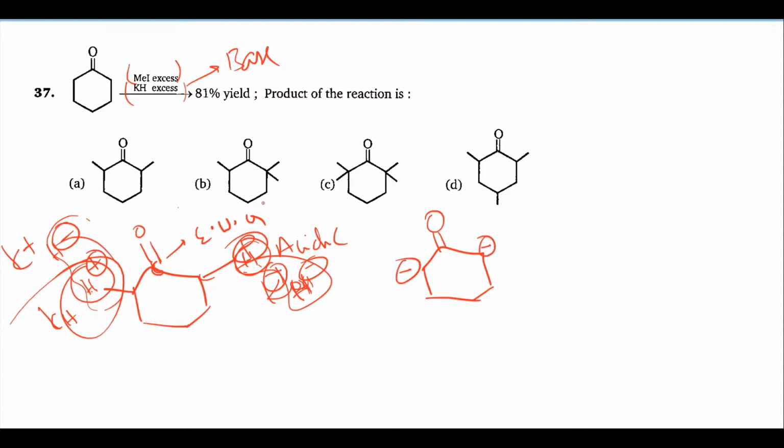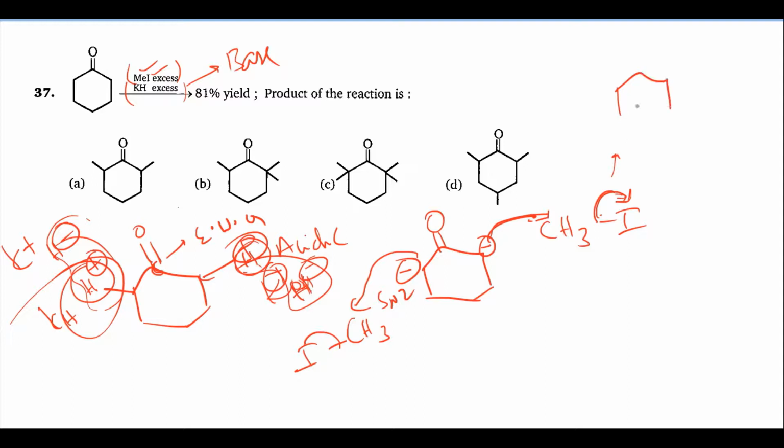So here methyl iodide is also taken in excess. Okay, on one side I take one methyl iodide, on the other side I take another methyl iodide. Both are SN2 because of less steric hindrance, SN2 only. This is the nucleophile attacking here, I minus is leaving. Okay. Now you are going to get double bond O, here one methyl group, here another methyl group. This is our product. Okay. So the correct answer will be option A.